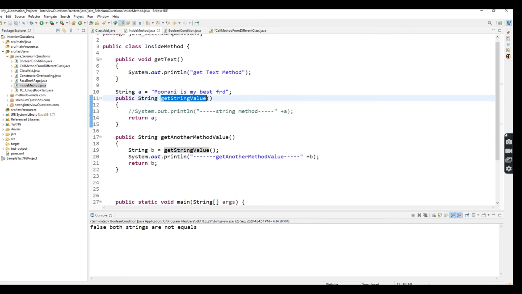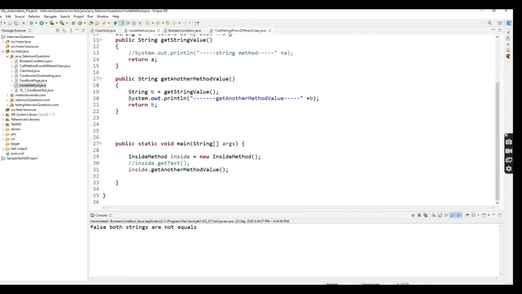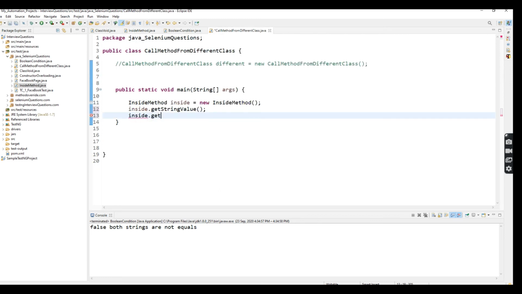So what are the methods available? Get text. Why does get text not come? Yes, it comes. Okay. So I'm going to print these two methods.